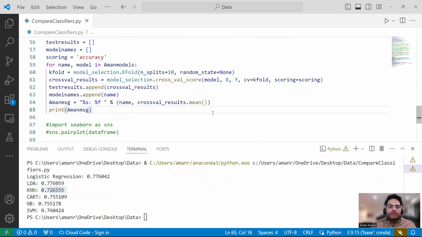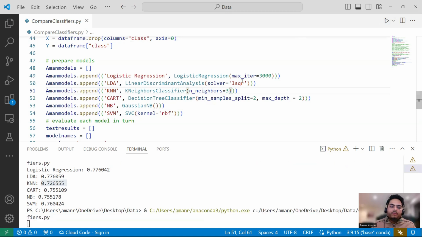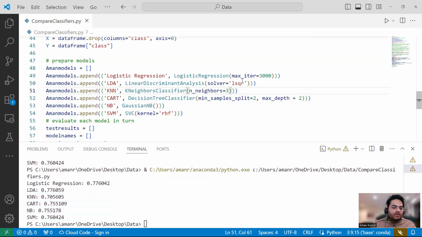Now let me go here and try to introduce nearest neighbors. If you remember, KNN default nearest neighbors is 5, but here I am putting 3. So let's see whether this 72% comes down or goes up. Okay, so in this case KNN has come down. Which means number of neighbors 5 is better than number of neighbors 3 in this scenario in KNN.